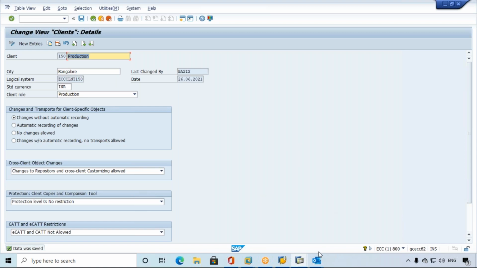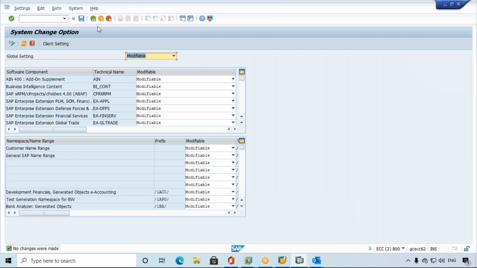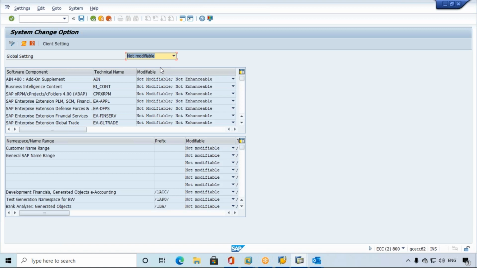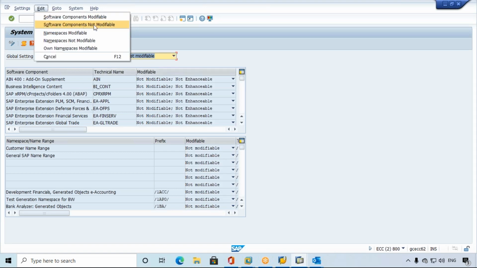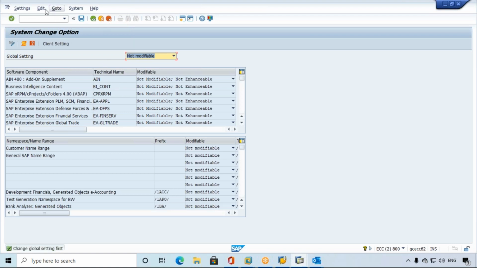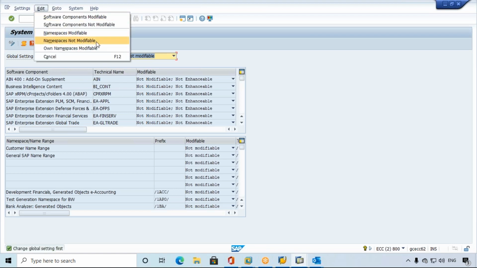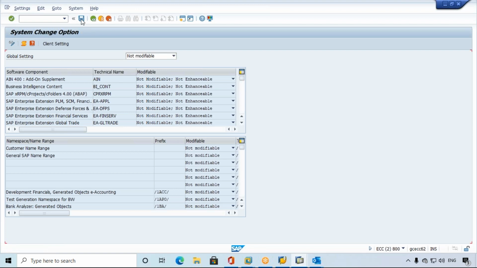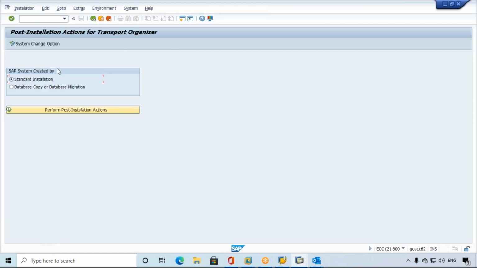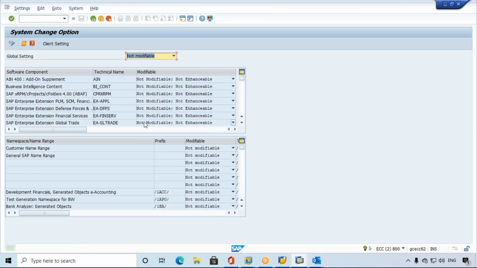How to close? Again, go to SE06. Present that is open, no? That's because modifiable. So select the option not modifiable. At the same time, here also go to software component not modifiable, and again edit, not modifiable. Back again, we can check whether that is affected or not. Okay, that is not modifiable only. Save this one